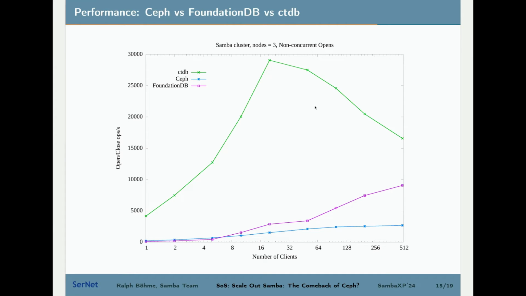But it's still at least in the range with something like 20 clients where CTDB is really shining here with 30,000 operations per second. There's still a lot to be desired. But